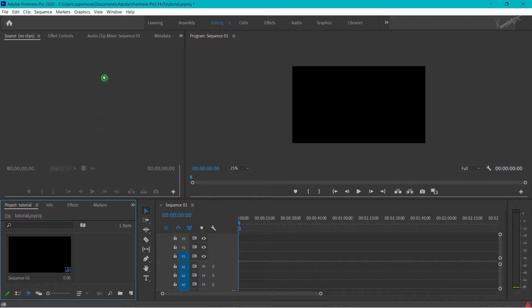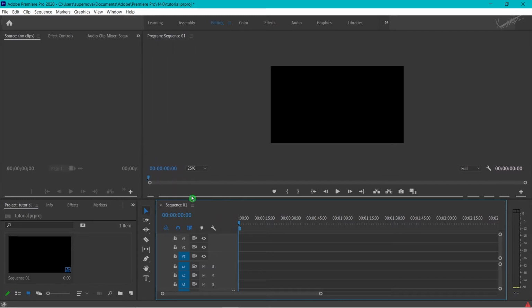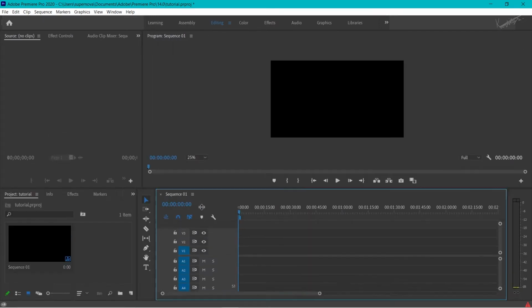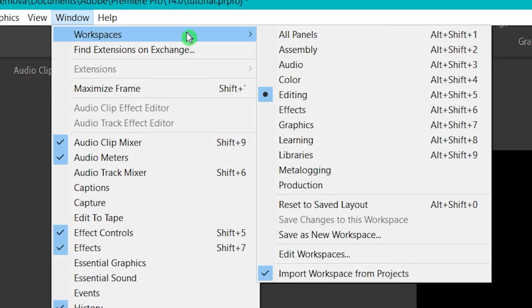The Premiere interface is displayed with a layout having multiple windows. Each window has a specific function assigned to it. The layout can be manually adjusted by clicking and dragging the lines between any two windows. The layout can be automatically adjusted through Menu, Window, and Workspace. The Workspace has many options that can be selected to set a layout for a specific type of operation.